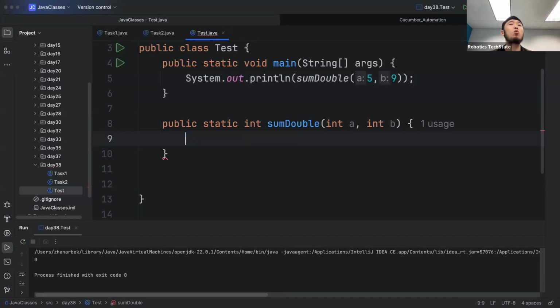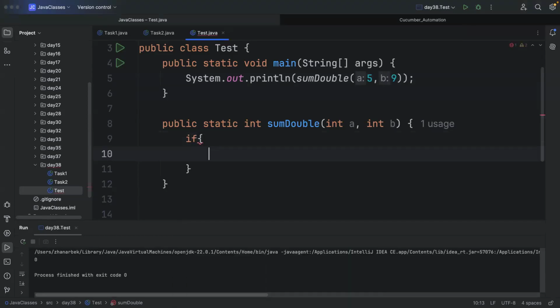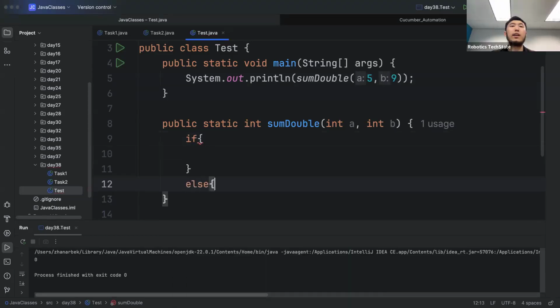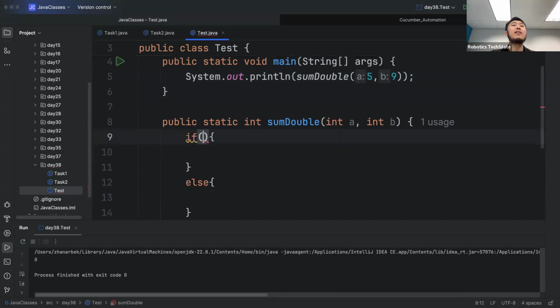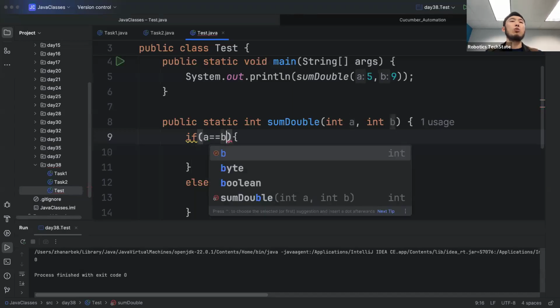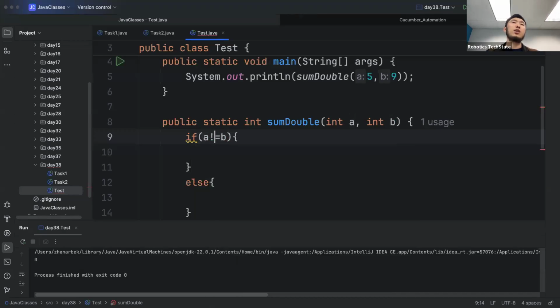Okay. What do we need, guys? Here, what should be created? Conditions. Yeah, conditions. How many conditions should be created? So 2 conditions, right? If and else. All right. It's up to us. I can make it like if A is equal to B here, or if A is not equal to B here. It's up to me. So if A is equal to B,